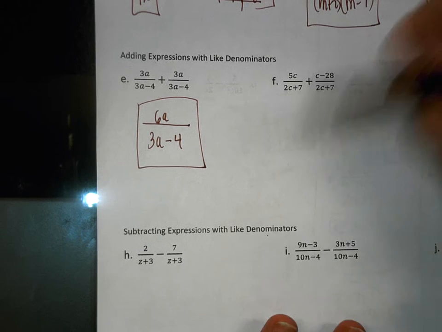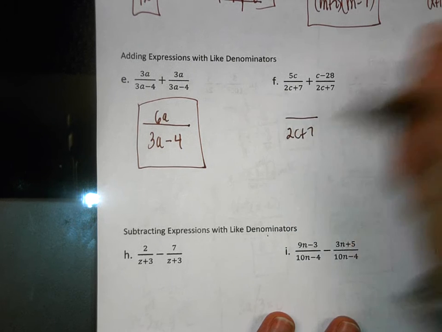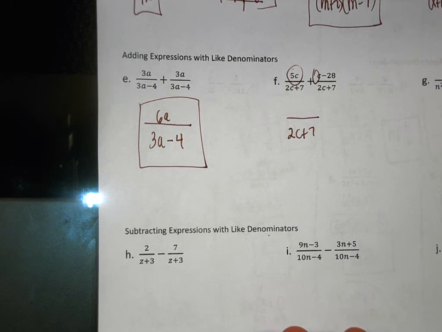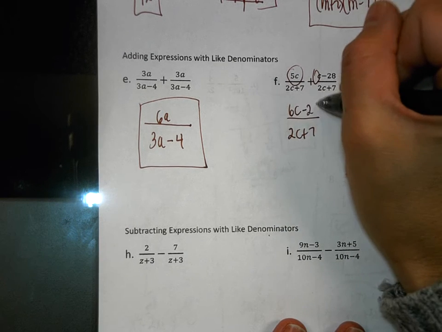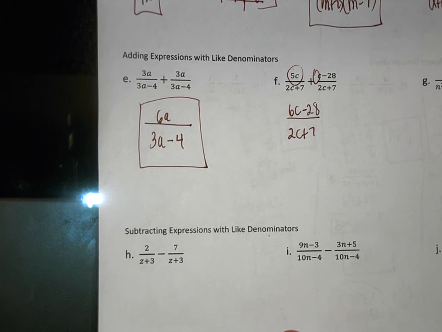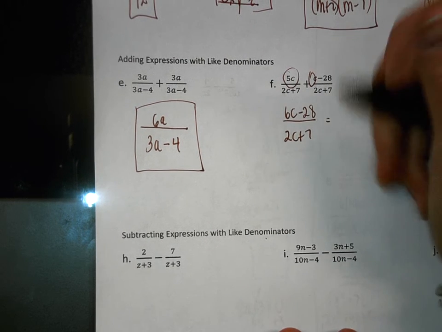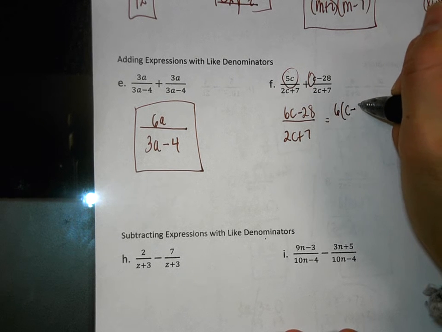Okay, so you should have already had the common denominator, right? So my denominator is 2c plus 7. And then we can add together 5 and c, which makes 6c minus 28. Now, can anything be factored? Yeah, I would go ahead and, just to check, we could take out a 6, and that would be c minus,